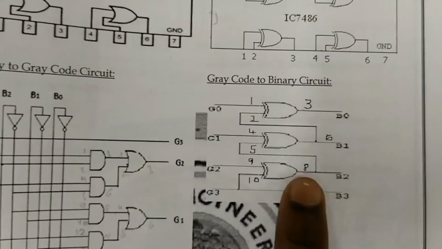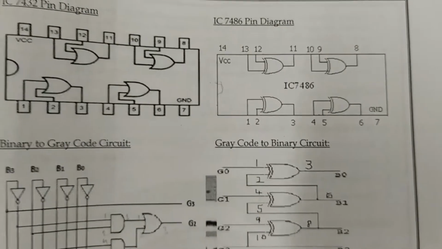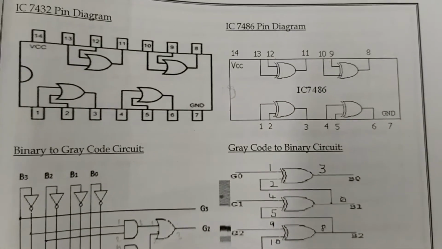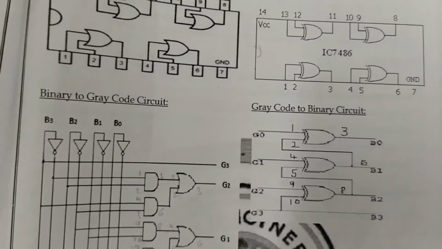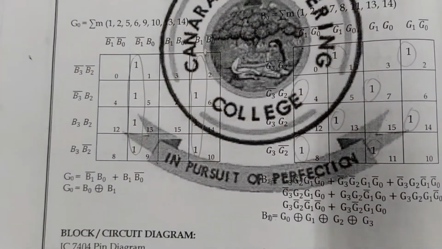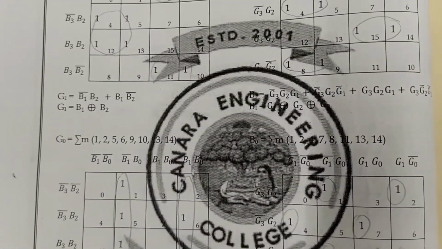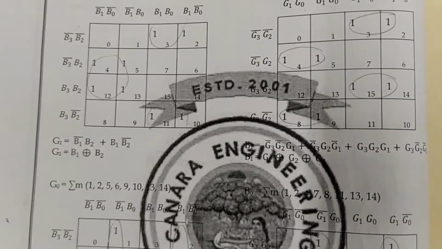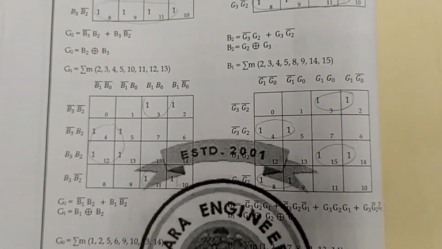The circuit, what you can see here, this is the circuit of your gray to binary code converter using the XOR gate. In case if I had gone with the basic gates, my circuit would have been looking pretty much bigger, because I need to be implementing all these formulas. See, check out the formulas. For B0 I need to be implementing so much. For B2 I need, or B1 I need to be implementing bigger one. So I need to be having lot of OR gates, lot of AND gates, and lot of NOT gates.